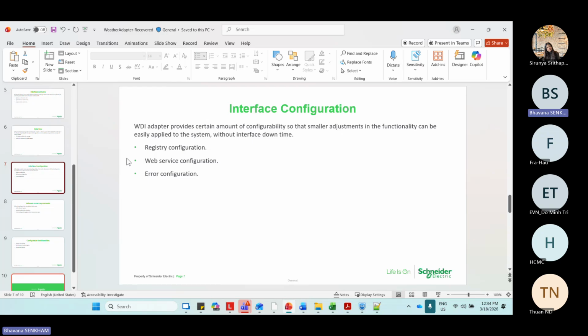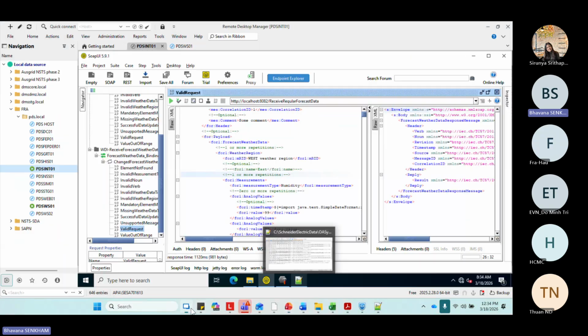I'll quickly go through the interface configuration. Every adapter has the below mentioned configuration files, so let's go through them in detail. The first one is the registry configuration file. This is the primary configuration file of the integration adapter, and it is located at